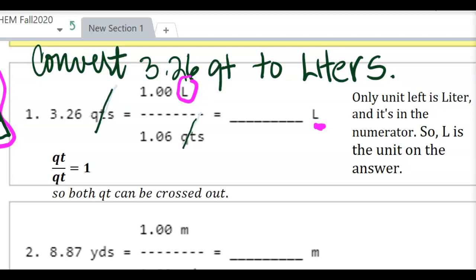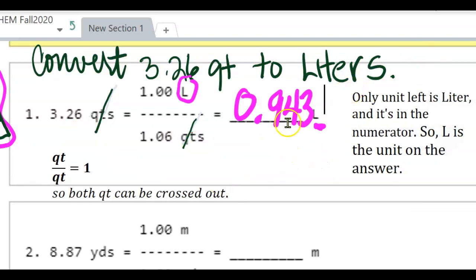So it's a number less than 1. 0.943, and we know liters is the answer. Now you're probably saying, well, how come you don't write all those digits from the calculator? Well, because in measured numbers